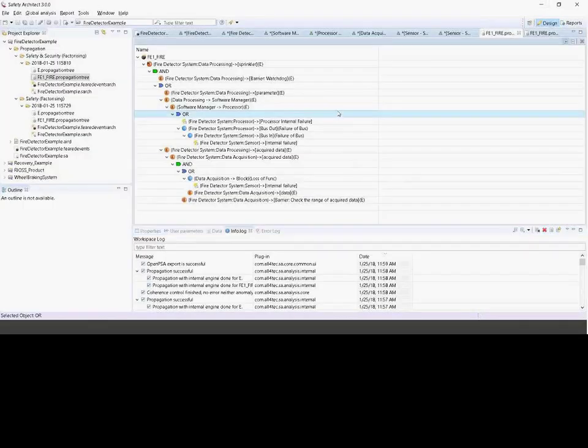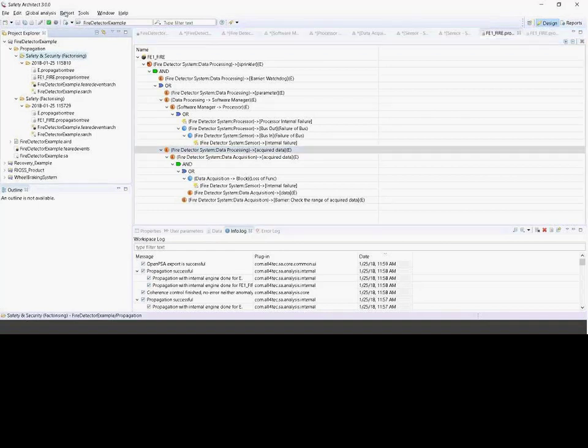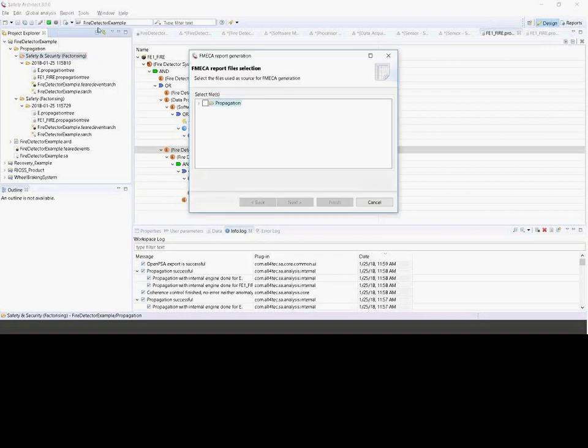Okay, right. And what I can also present to you is that you can generate the FMEA table. To do that, you just go into Reports and Report. For example, I can generate the safety and security report. I can also generate the FMICA report or a general report. Let's take the FMICA report,